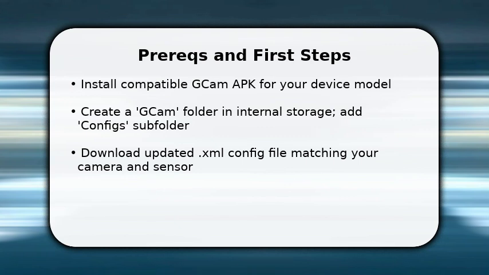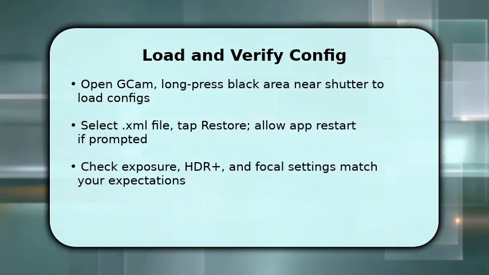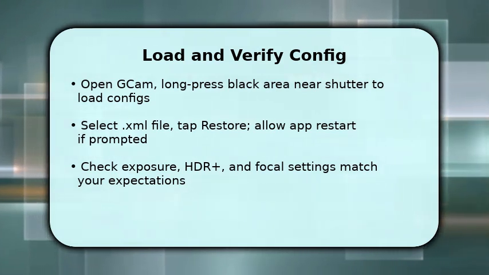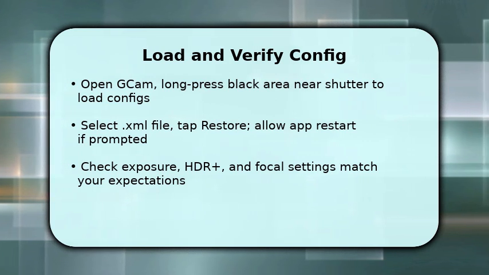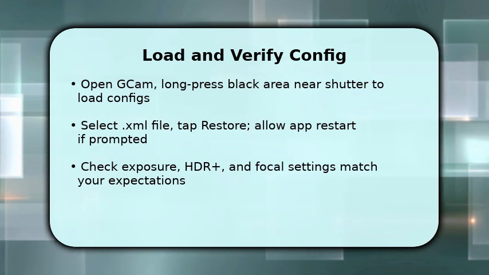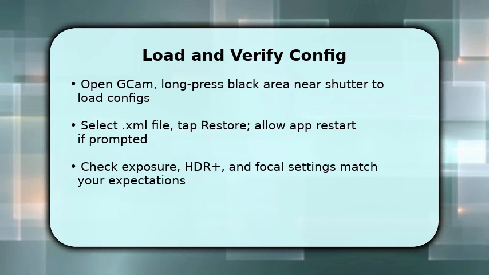You open Gcam and long press the black area beside the shutter button to bring up the config menu. This triggers file selection. Once you choose the XML file, tap Restore and allow the app to restart so settings apply. After it restarts, validate key parameters: exposure compensation, HDR plus mode, noise reduction, and lens selection to ensure the